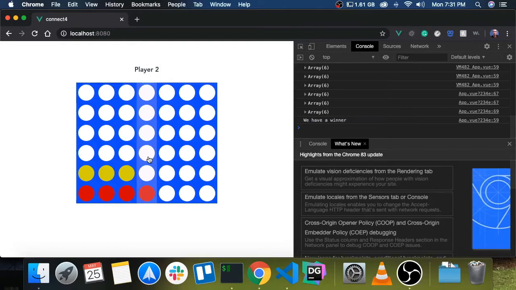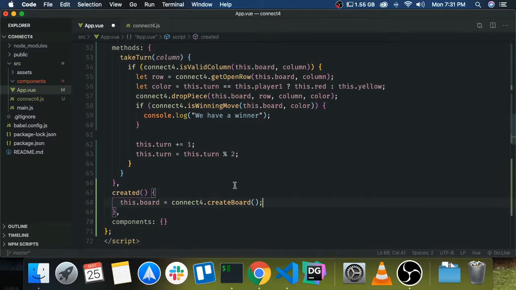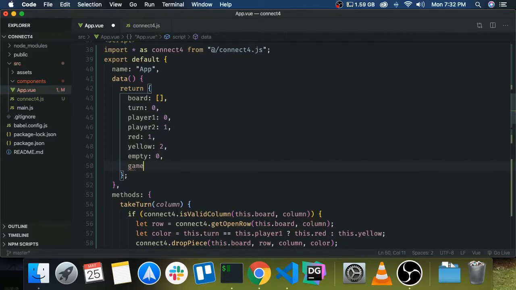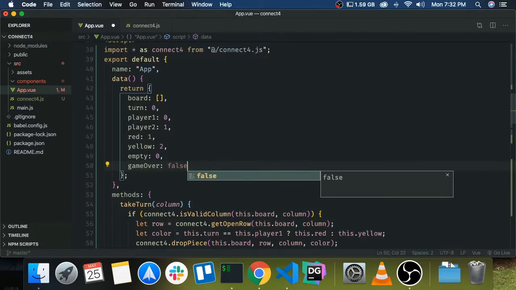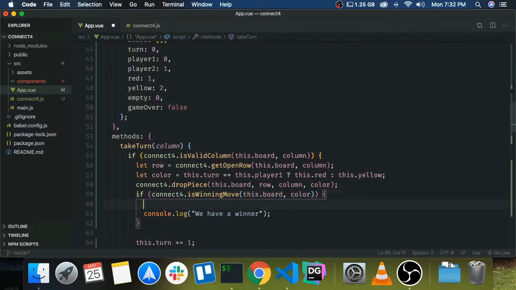So let's do that. Back in our component, I'm going to remove this line from the created method as well. We don't want to see the board in the console anymore. And let's add another property called game over, which is going to be false by default. Now here we can just set it to true when we have a winner. So this game over